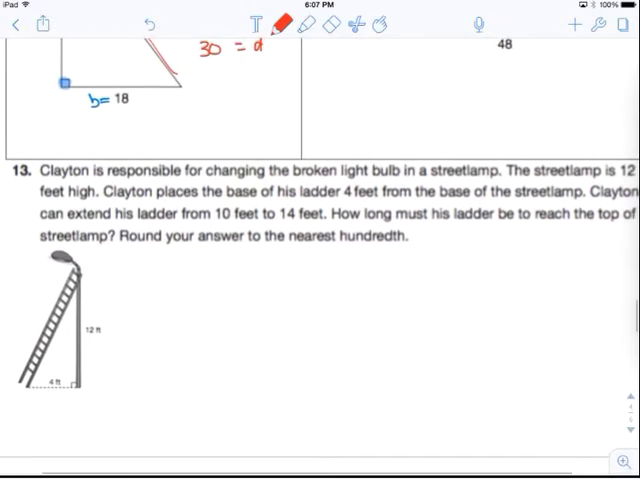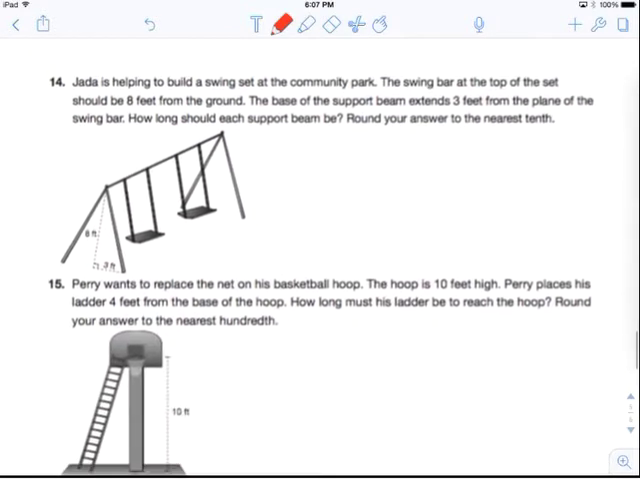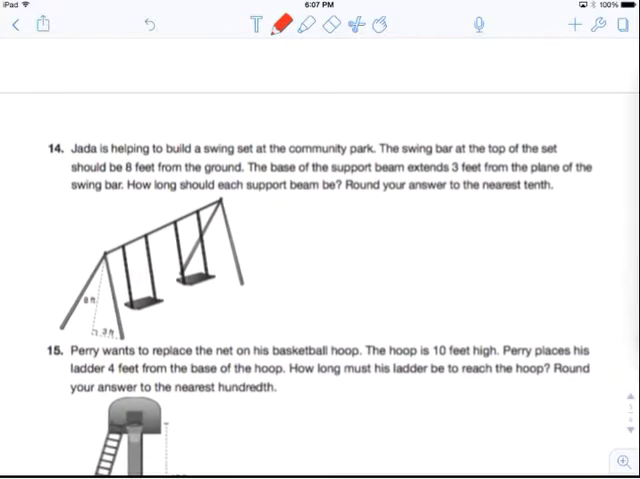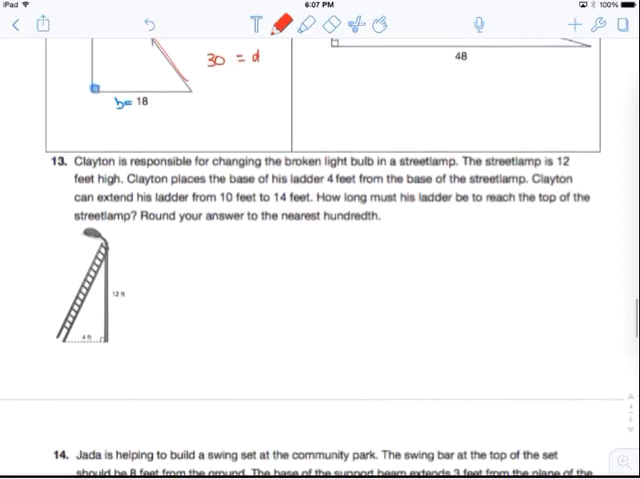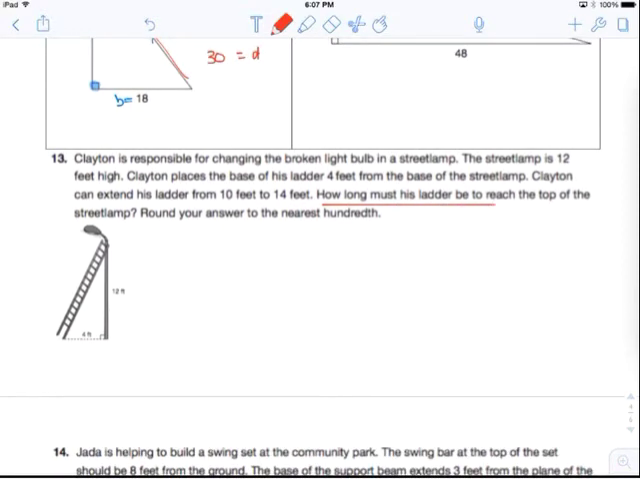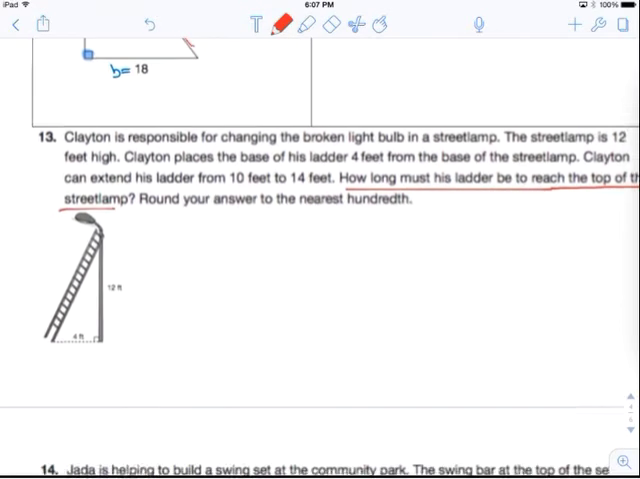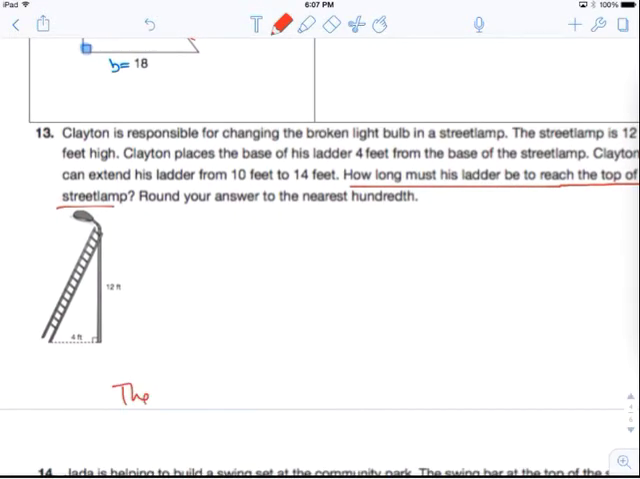And you do that for the lamp and the ladder. And you do that for how long should the support beam be? Now, what I need you to do though: how long must the ladder be to reach the top of the lamp post? You need to answer that. The ladder needs to be